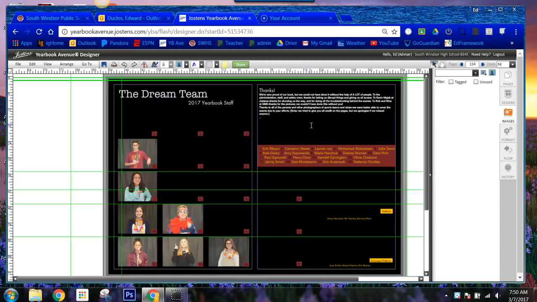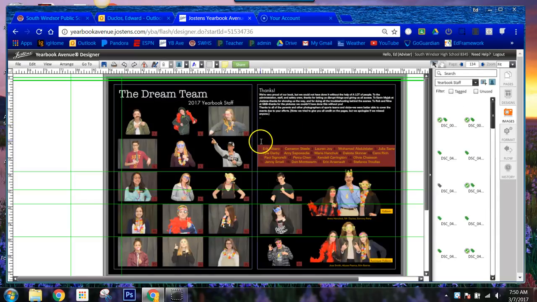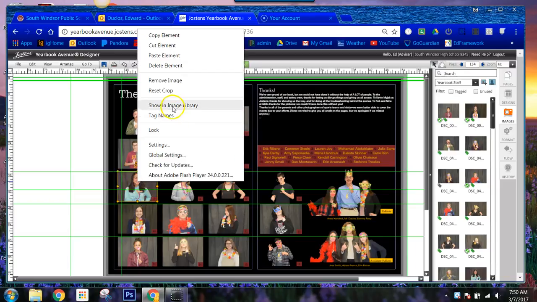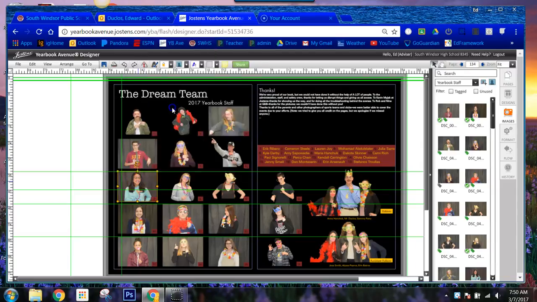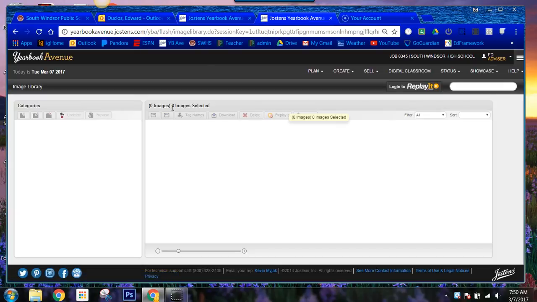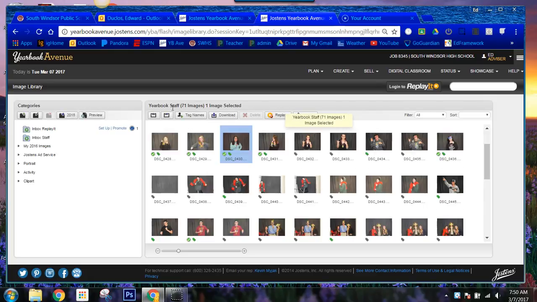We're going to click on the spread itself. And then once it gets called up, I want you to right click on the picture that you want to use. And when you right click, you're going to see show in image library. So what we're going to do is get this picture out of Yearbook Avenue and into just a regular JPEG format, so we can put it into Photoshop and cut out the